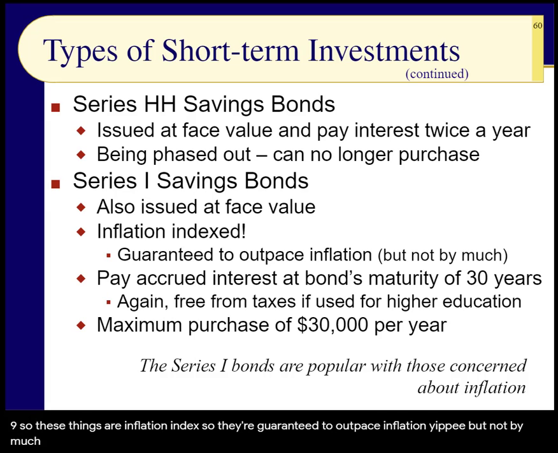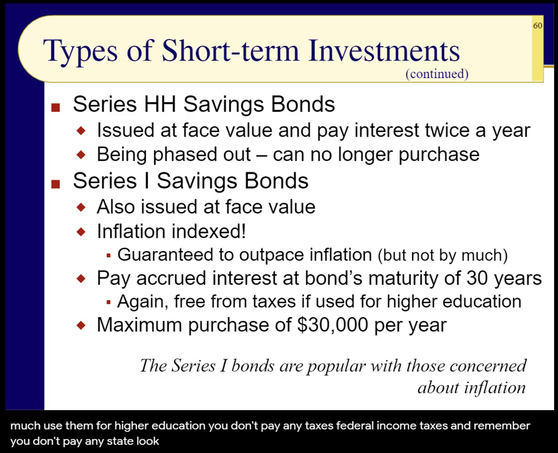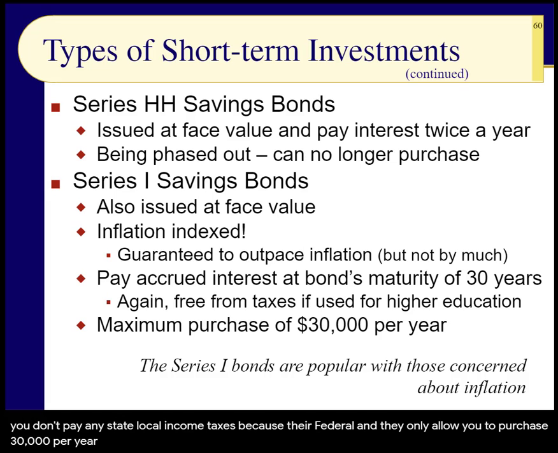Again, if you use them for higher education, you don't pay any federal income taxes. And remember, you don't pay any state or local income taxes because they're federal. And they only allow you to purchase $30,000 per year. Now, these last few, the Series E bonds, the HH, and the I bonds, are discussed in detail on treasurydirect.gov,